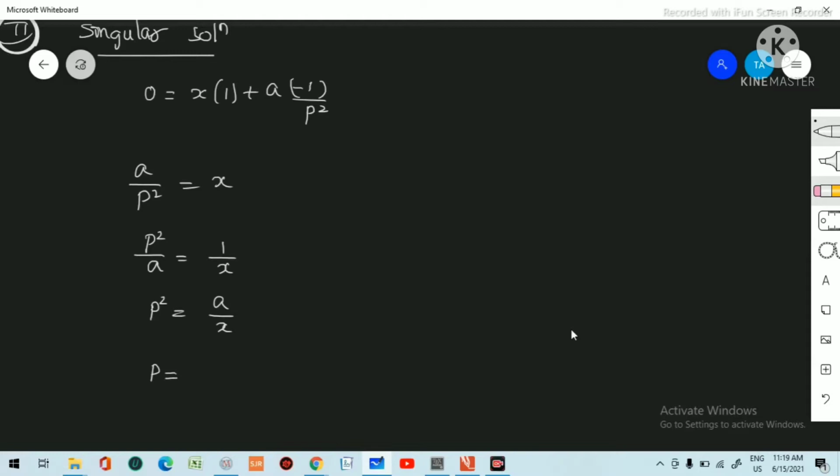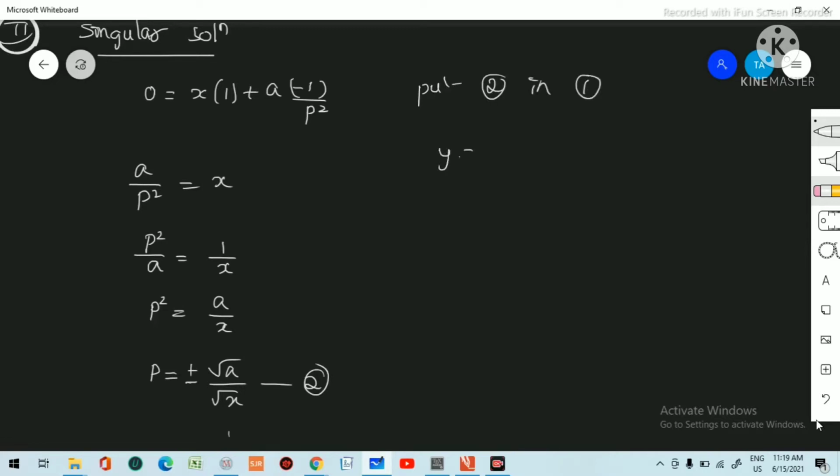What is happening? P square root by A by P is equal to plus or minus root of A by X, that is, plus or minus square root of a by square root of x. So here you have got two values, right? Call this as number 2. Put 2 in 1.